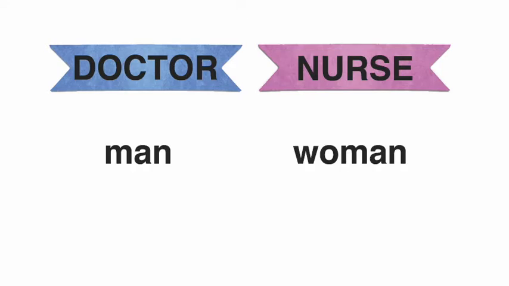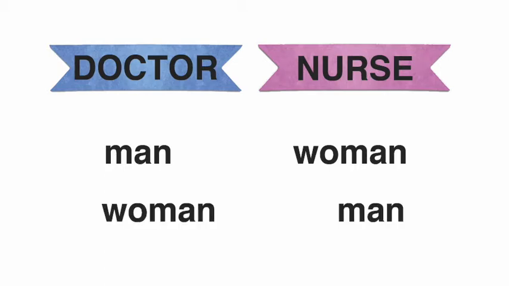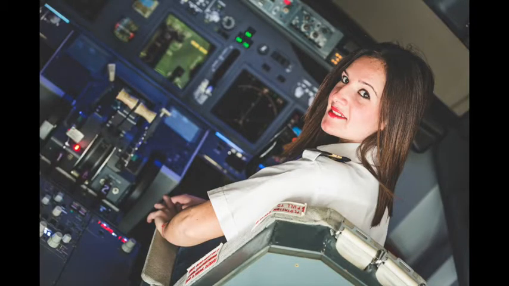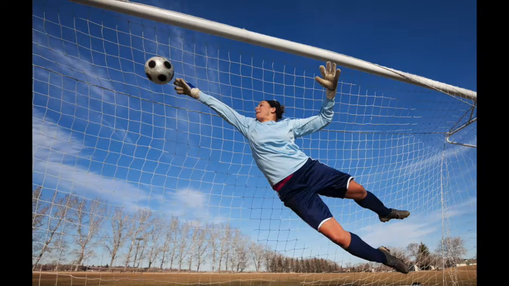Let's explore how this faulty way of thinking impacts our lives in other ways. When I was a child, this was a nurse and this was a doctor. A doctor was a man and a nurse was a woman. Genders were firmly identified with these two categories. But in my lifetime, we have thankfully seen how absurd this is, and now it can be either way. So this is a doctor. Women can now be pilots, priests, and soccer pros, all because the strict and faulty identification of gender with job